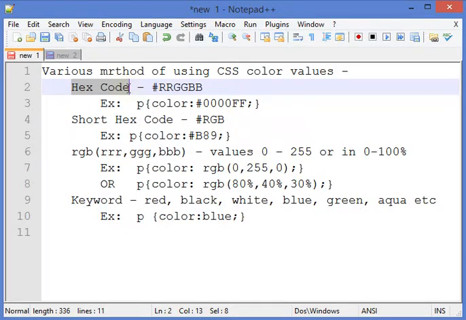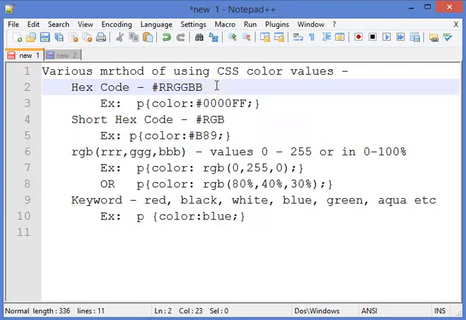So hex code is basically representing the color in terms of hexadecimal values. Okay, don't worry if you are not familiar with hexadecimal values. Let me tell you that like decimal values, where we can count from 0 to 9, the decimal value is a combination of only 0 to 9.